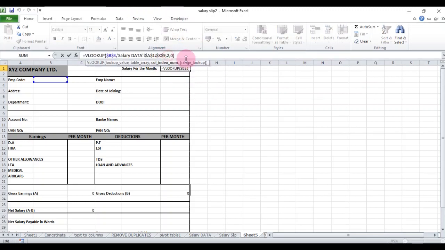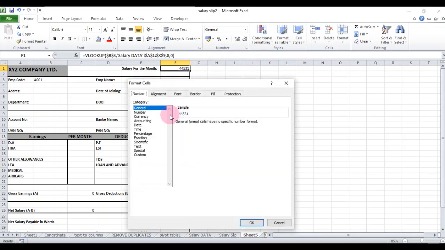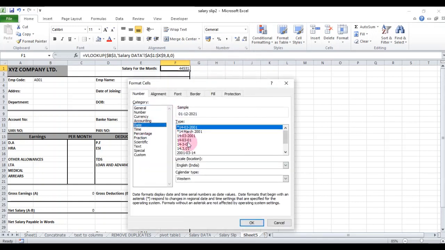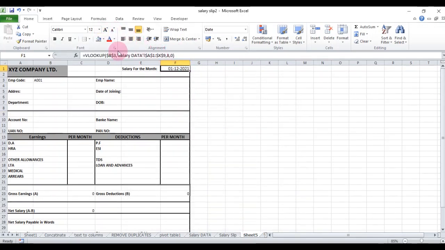This is not 2; the salary month is in the 8th column. If you want to know A001, here you can change the date format: right click, date, okay. So this is the salary for this month.